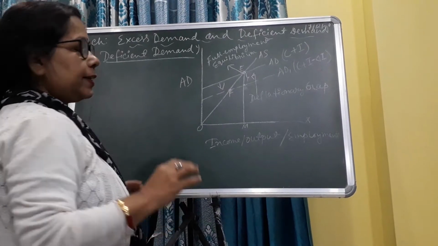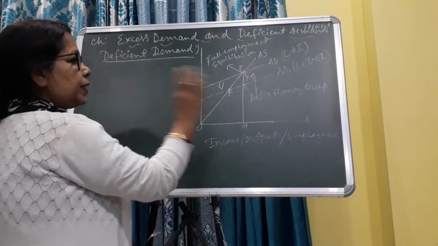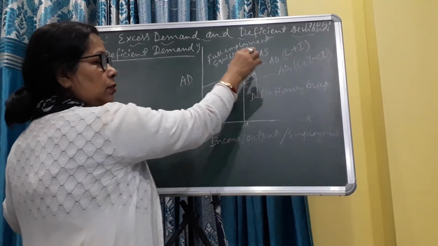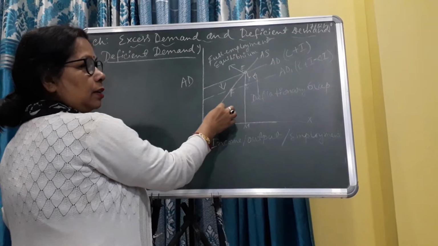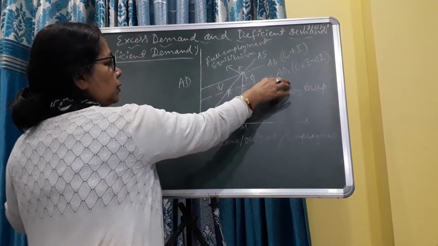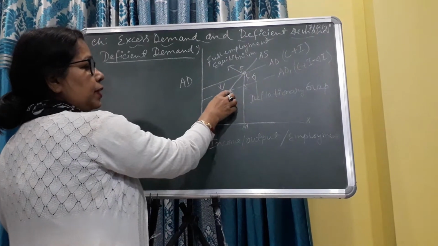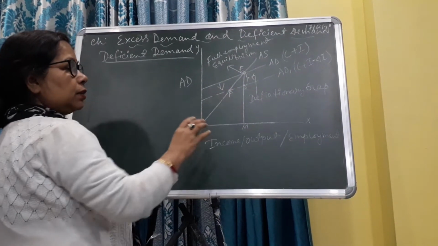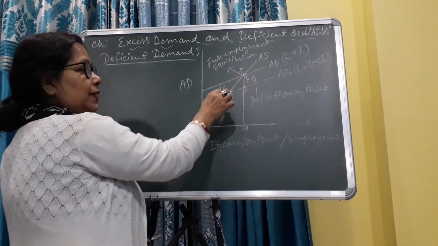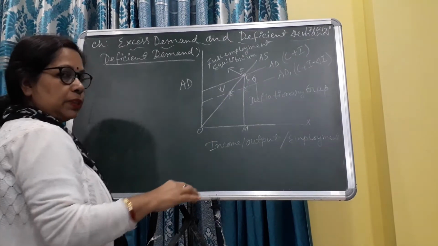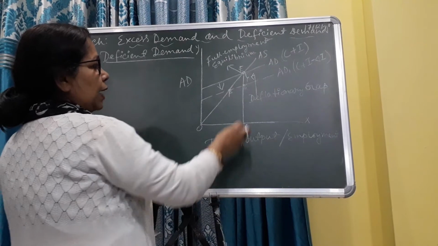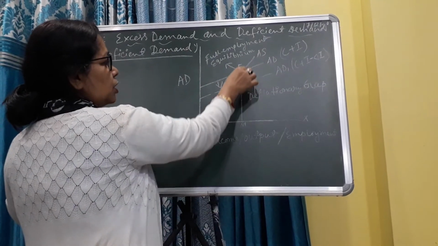Now aggregate demand falls. So here the new aggregate demand is AD1. Aggregate demand falls, and the new aggregate demand AD1 and AS intersect at a new point. So this would be the new equilibrium point, but it is not possible because the full employment equilibrium point is E. So if we assume that aggregate demand is less than aggregate supply, then we see here EG, this portion